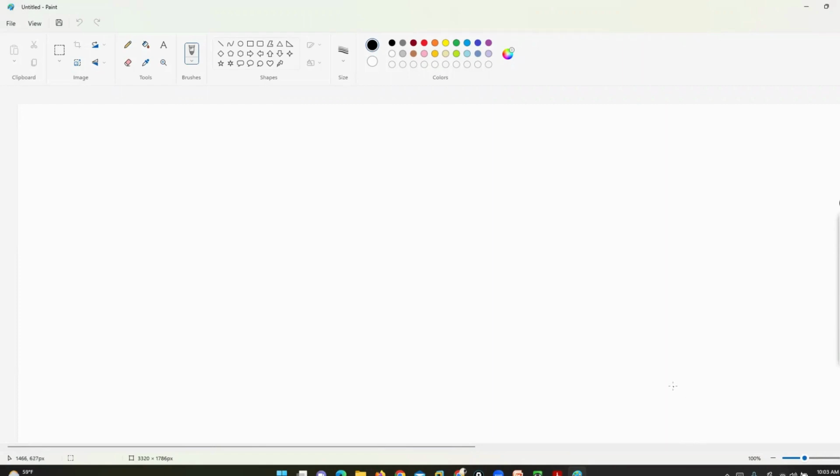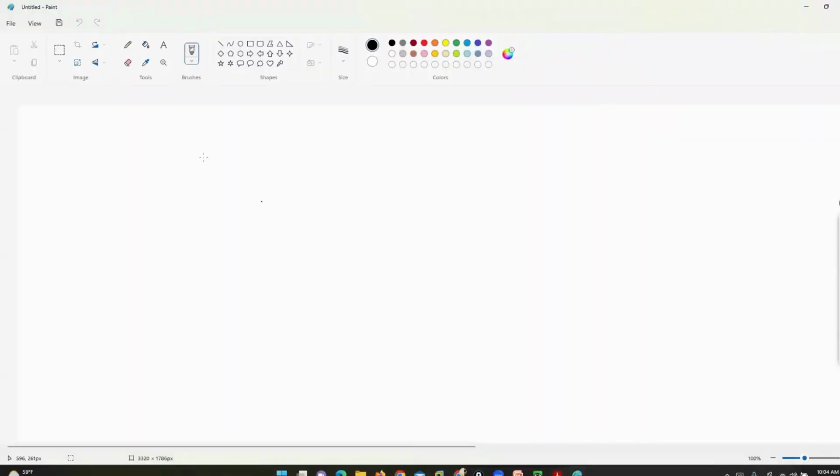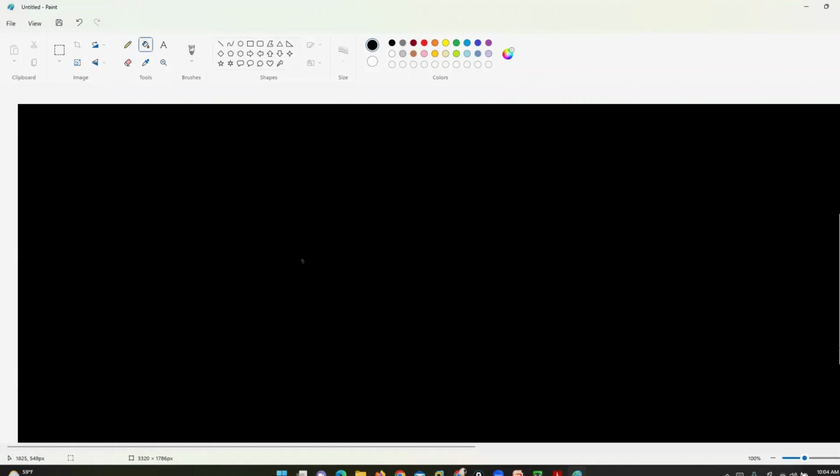Okay, now let's focus on the next topic, called RBAC. You can say role-based access control. So what is the RBAC concept? See, for example, I have a Palo Alto firewall box, and to manage this device,